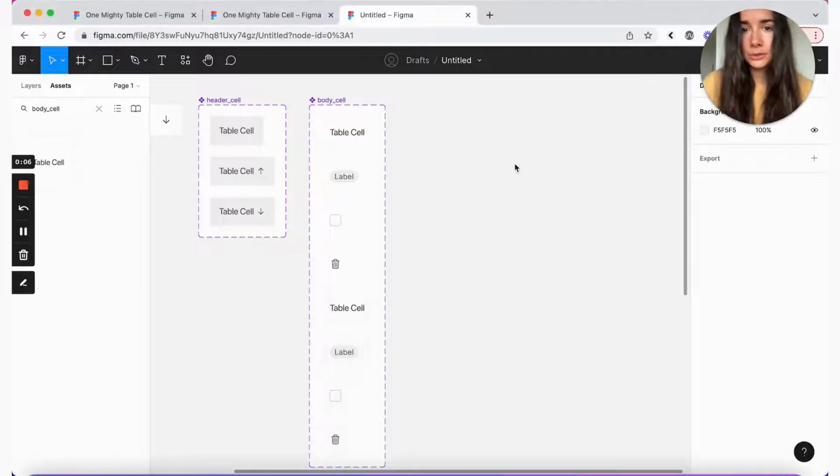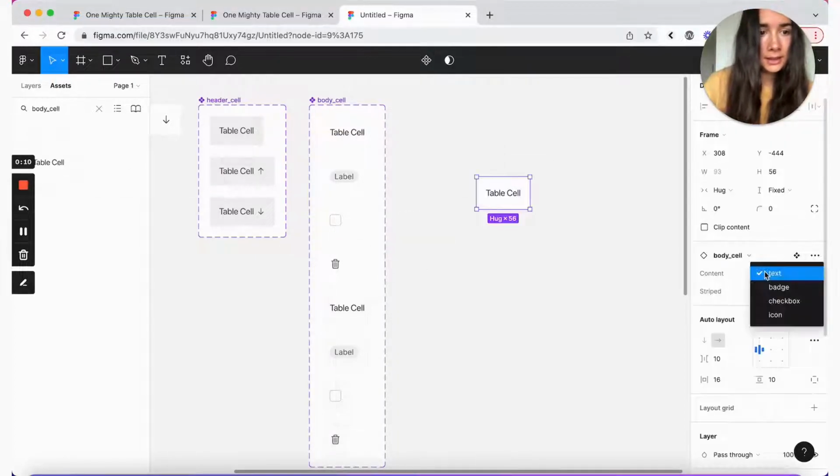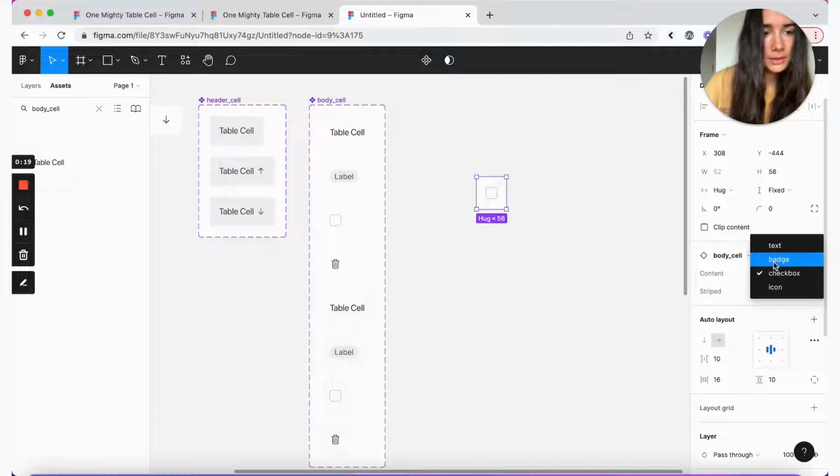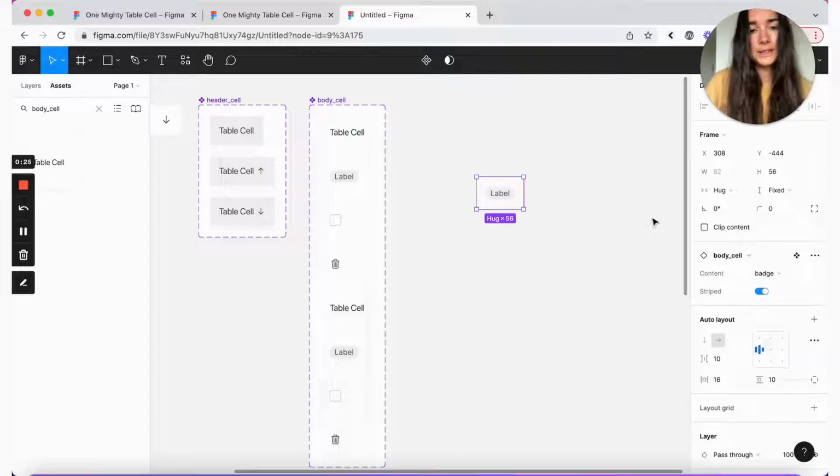So I'm going to drag the instance right here, and we can switch between different content variants. We can also make it striped. So when I have the instance layer selected, one thing that would be nice is to be able to change the badge properties.